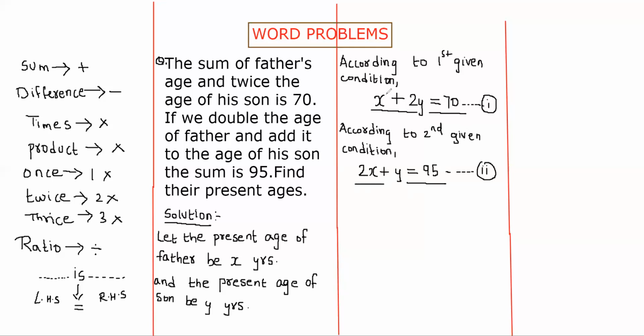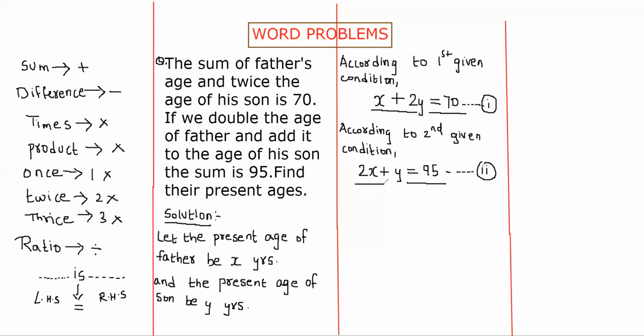Now we look at the terms. To cancel, either our x should be exactly the same or y should be exactly the same. Here we are having 1x and here it is 2x. Here we are having 2y, here it is 1y. Neither x is exactly the same nor y is exactly the same. So can we make it the same? Yes. We can multiply 2 to equation 1 and hence our 2x will be the same, or we can multiply 2 to equation 2 and hence our 2y will be the same. You can go for any one of the options.